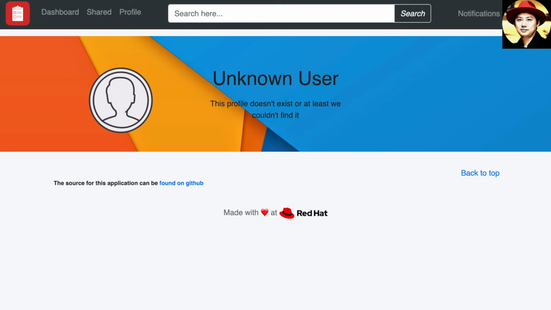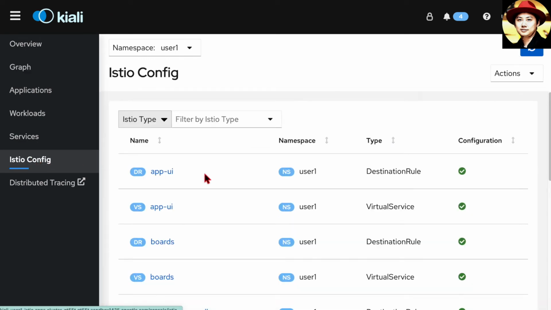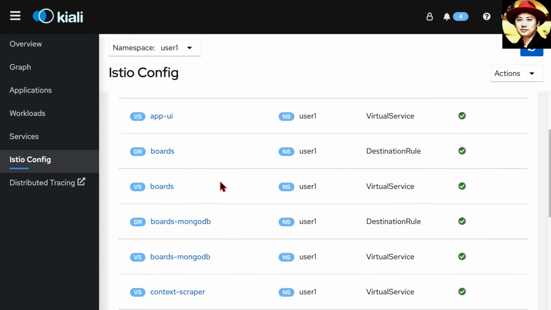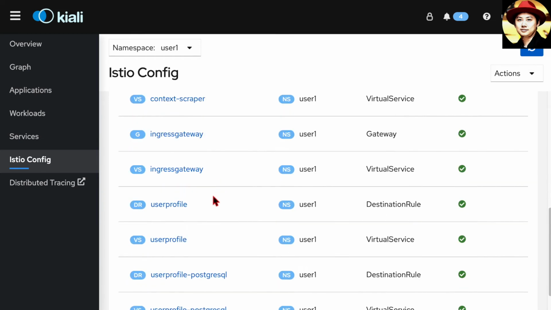Next, let's simulate a delay fault. Let's go back to the Istio config and look for the virtual service of user profile.